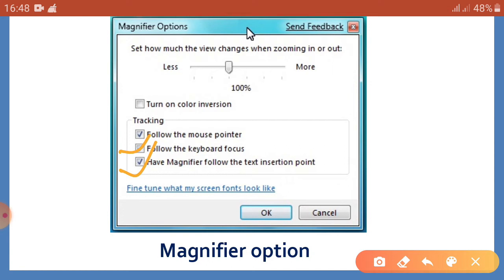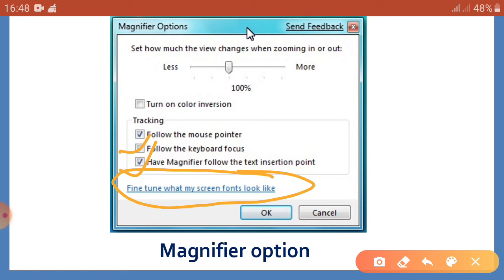Okay, got it? So the next point is text tuning. The text tuning helps in making the text on the screen easier to read over long periods of time. To tune the text, click on the link here, fine tune what my screen fonts look like.